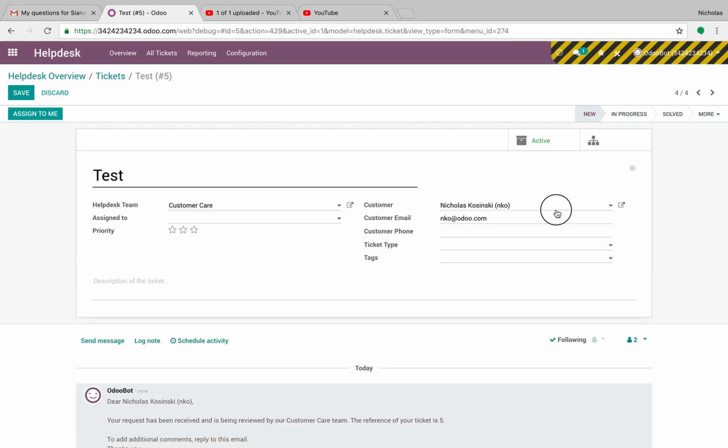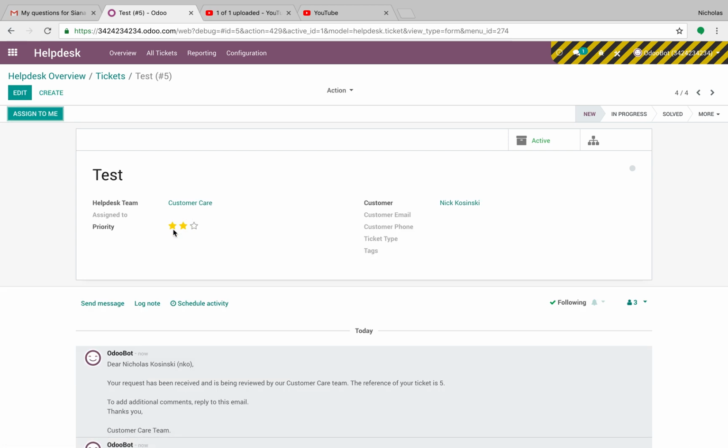Oops. Oh, wrong Nicholas Kaczynski. That's why. There's 2 of them in here. You'll see value equals 2. Automatically out of the box. That is how you can begin to use automated actions to drive certain activities